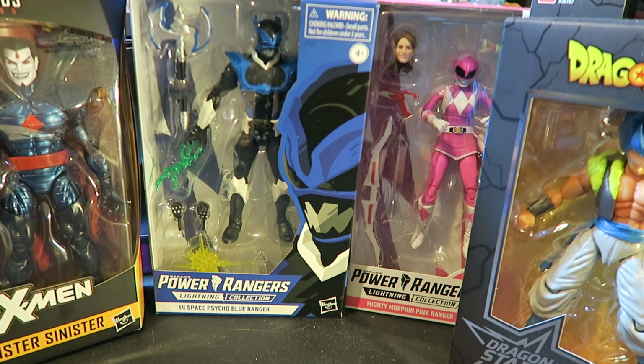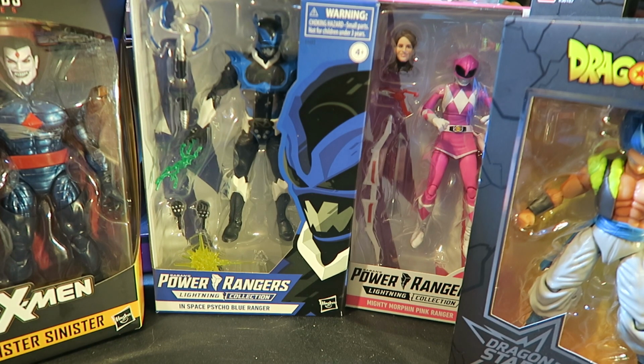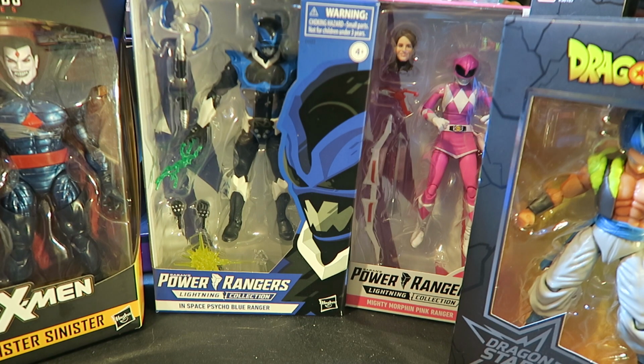So this is the most random my GameStop toy haul has ever been, because I went to a GameStop that was further out, at a much further location, and they had just about almost everything I saw on their website. They had the most collectibles I have ever seen at a GameStop. My local GameStop has very little collectibles, but I was able to get lucky and find a few things there before. But this other one that was much further out, oh my god,